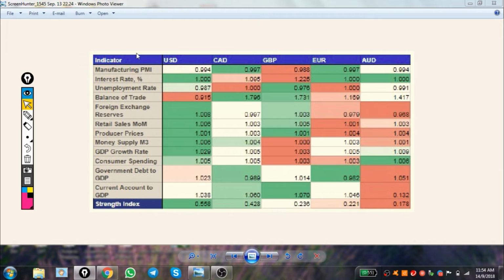We are all based on economic indicators here, right? It actually reflects the true health and the economic conditions of a country. But most of the market heat maps and currency heat maps are based on technical indicators such as moving average, Stochastic, maybe RSI, and some use Bollinger Bands, etc.